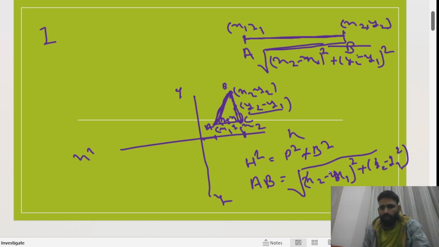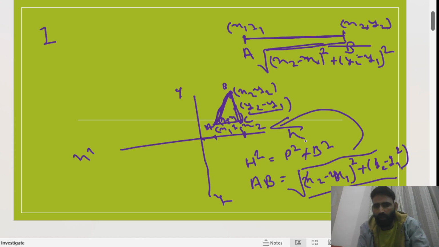So this formula is the distance formula, and it is created using the axes. You can draw the line AB in any quadrant, this type, this type, or here, and the distance is the same: x2 minus x1 plus y2 minus y1 in the formula. You can draw the same distance in any quadrant. And the second point is